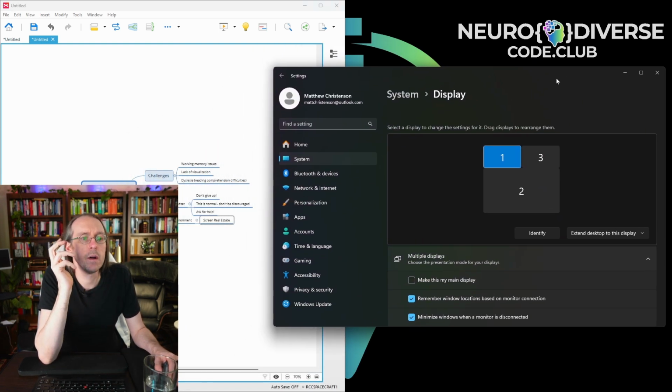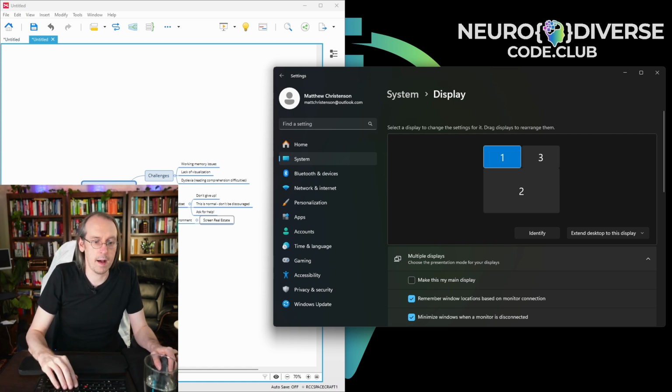And so I strongly encourage multiple monitors because you can lay things out visually and have this visual reference and not forget what you're looking at. So, for example, when we look at